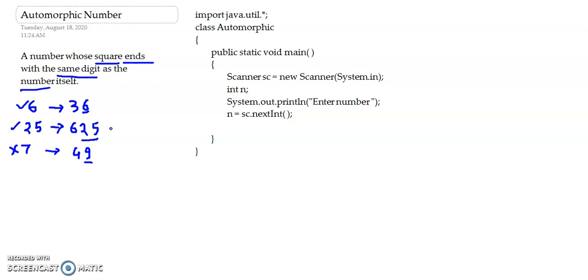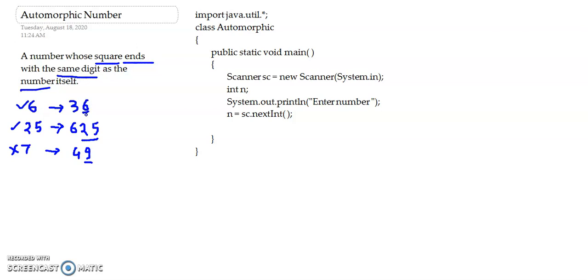That means you have to find out the square and you have to find out whether the number is present in its square or not. And as you can see, the number is always present in the square from the right hand side. So you are going to extract the number which you have entered from the square and then compare them.